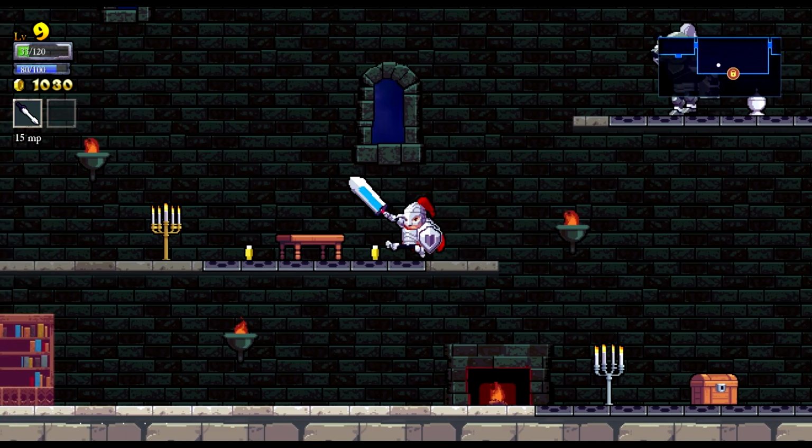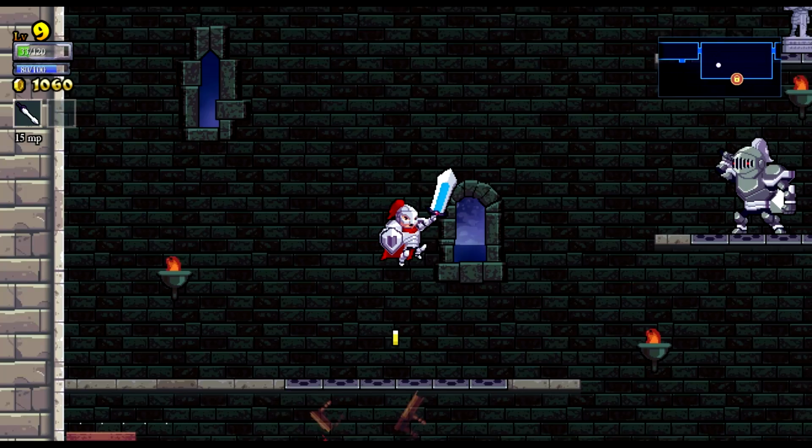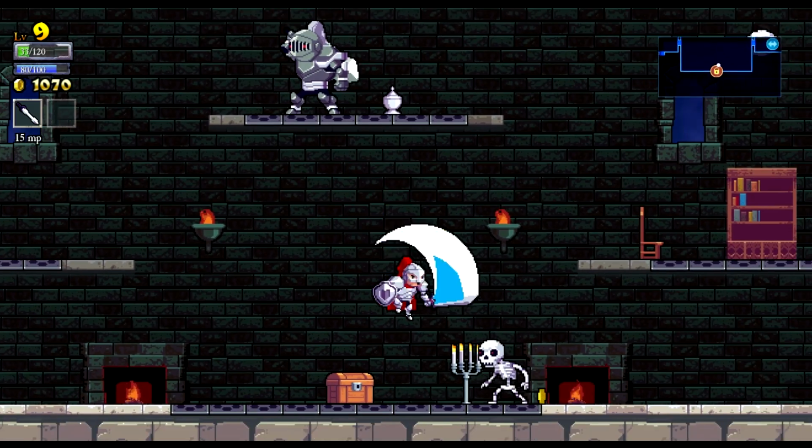Yes, okay, and we did manage to pick up some gold as a result. I don't know why these things aren't creating spikes. I think it might be because I'm moving through the ground too quickly, so they don't actually spawn. Let's see if we can get to, maybe...